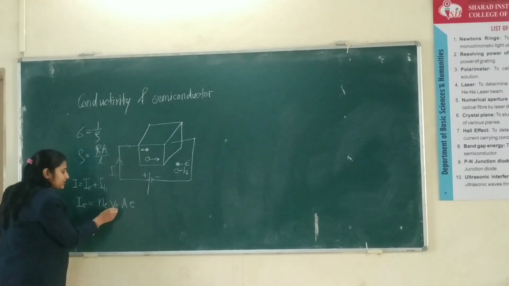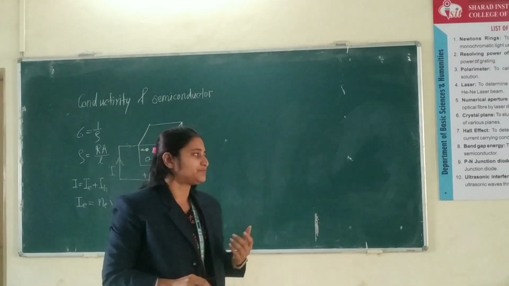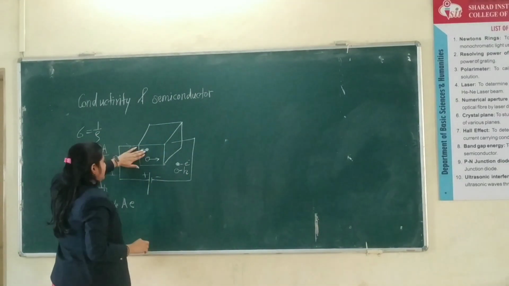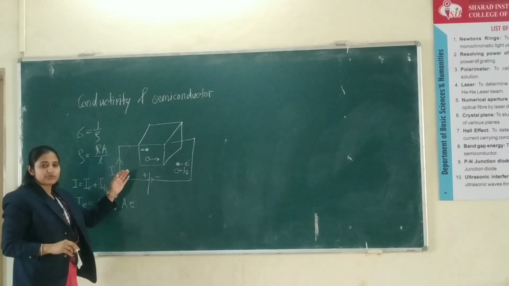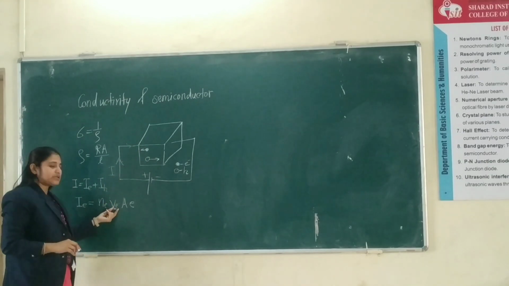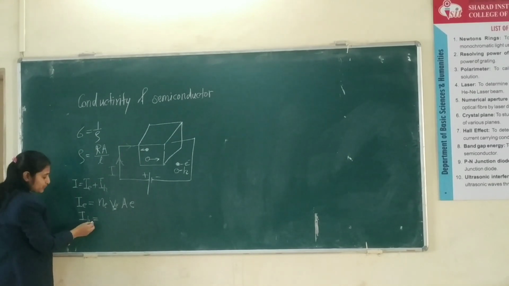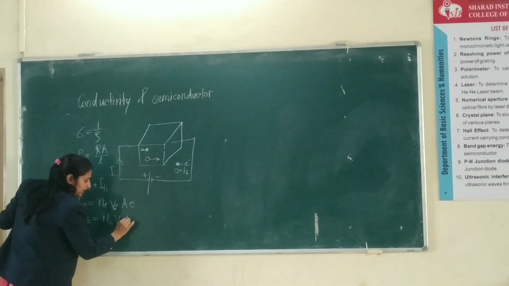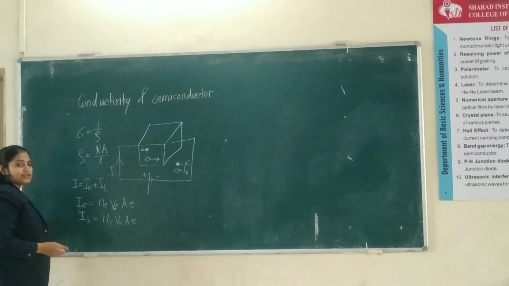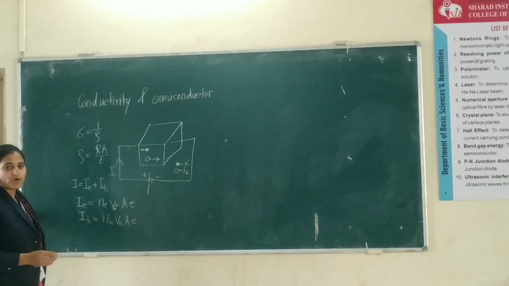Okay, so here is the drift velocity of electrons. We know that under the action of an electric field, these charge carriers move with some speed, which is known as the drift velocity. If the electrons move with some speed, then it is known as the drift velocity of electrons. Similarly, the current flowing through the semiconductor due to holes is NH VH A into E, where NH is the charge concentration of holes and VH is the drift velocity of holes.